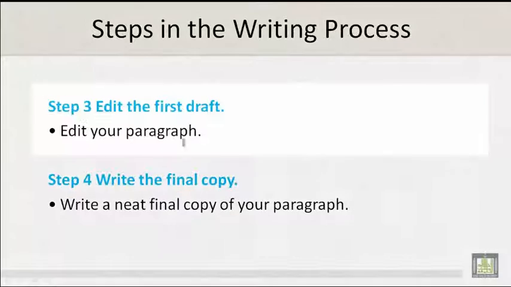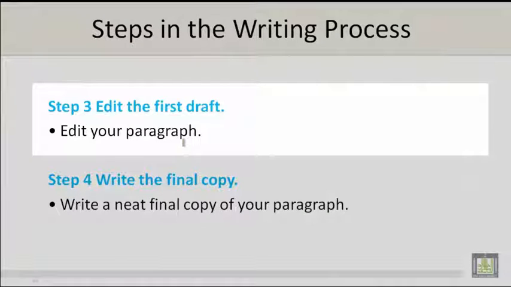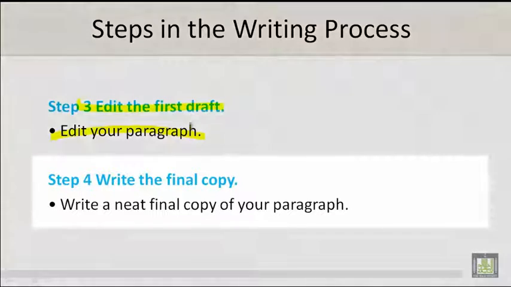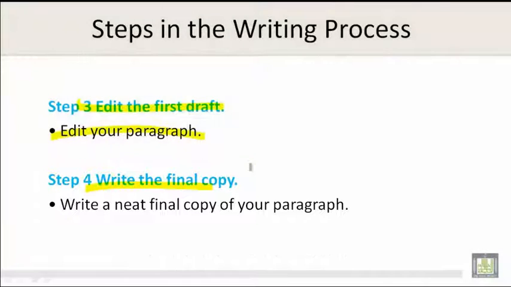Step 3. Edit the first draft, which is editing your paragraph. Step 4. Write the final copy, which is to write a neat final copy of your paragraph. End of